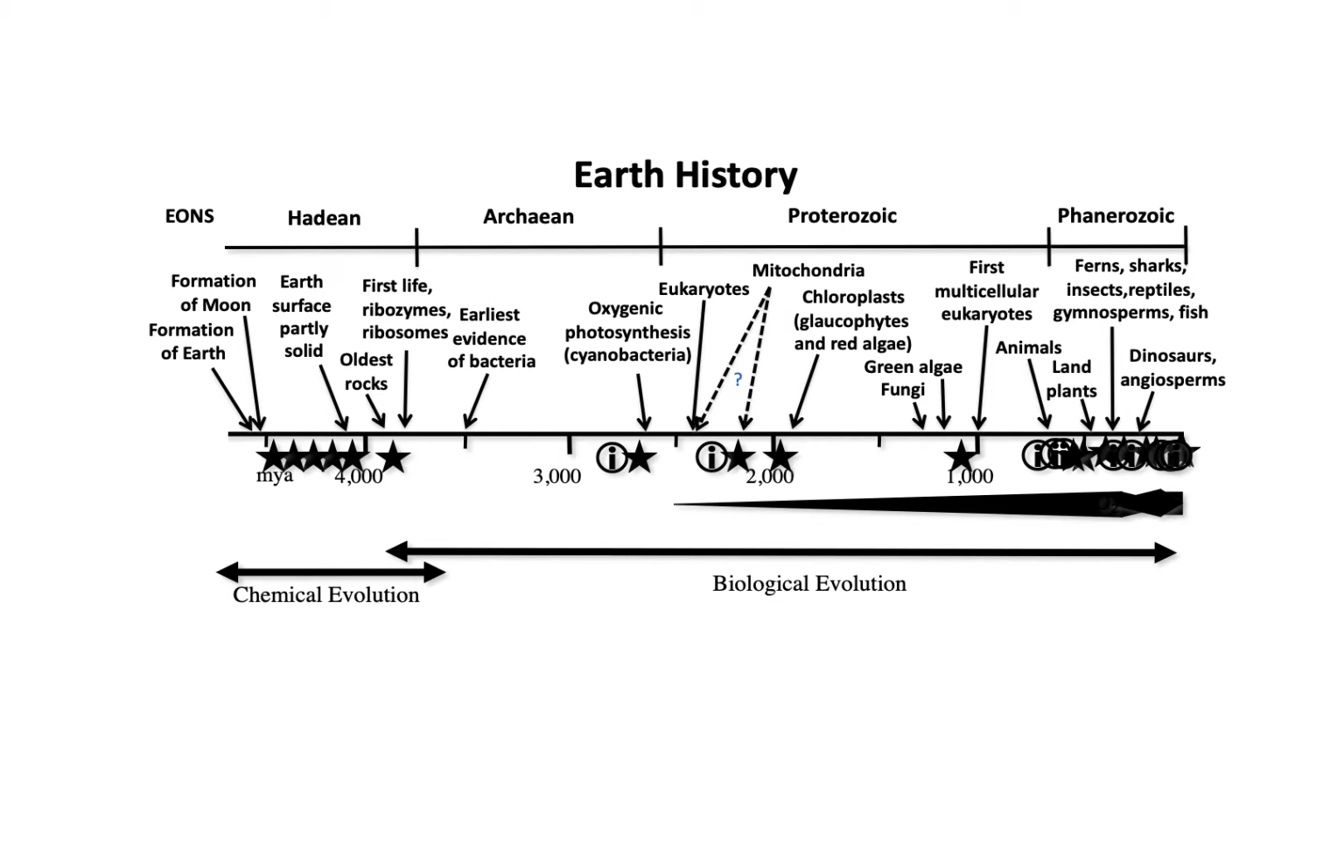There's some disagreement here. Here's green algae, fungi, chloroplasts, and red algae, and glaucophytes. Eukaryotes first appear here. Oxygenic photosynthesis from cyanobacteria, although anoxygenic cyanobacteria probably existed all the way back here to about 3.5 billion years. And then ribosomes and ribozymes probably all the way back to about 4.1 billion. So there's some disagreement on that too, and all the way back to the formation of the solar system, the